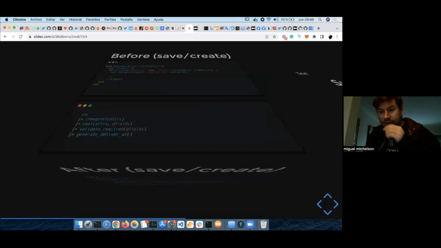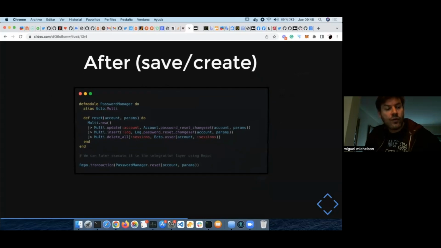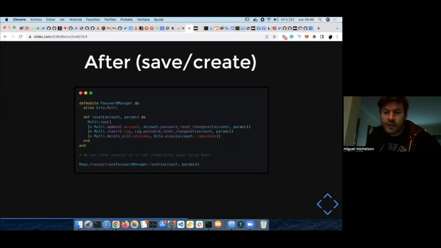you commit to the database, you have a new data structure called Ecto.Multi, and Ecto.Multi is a data structure for grouping multiple repo operations.